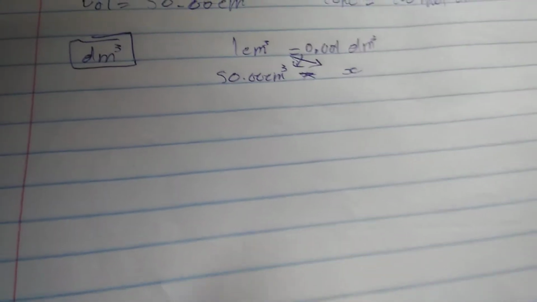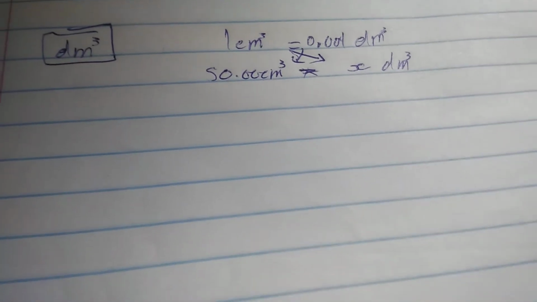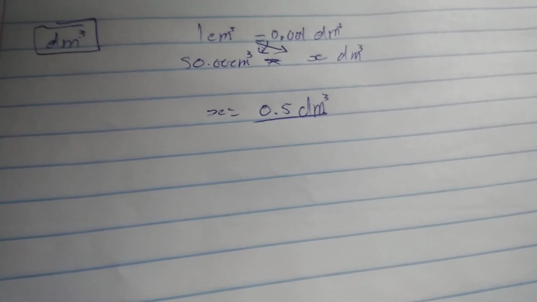I'll say x: 50 centimeter cubed is equal to x decimeter cubed. We just do simple mathematics, which is cross multiplication, and you'll end up with 0.5 decimeter cubed as your answer, which means that the volume which was used is 0.5 decimeter cubed of hydrochloric acid,